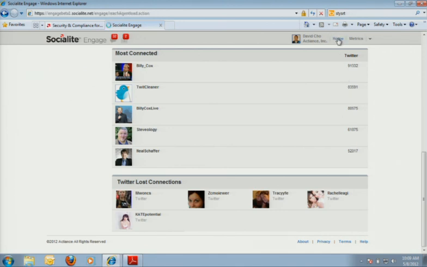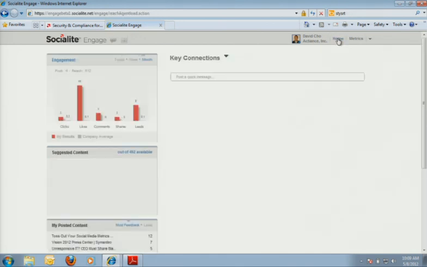Now, you've seen Socialite Engage here from the user's perspective, how we can share content, measure results, and ensure it's in line with regulatory guidelines. Imagine this from a chief marketing officer's perspective, seeing all of the results of all of the extended members of the team, from marketing to financial advisors to the distributed sales team, an aggregated list of folks sharing content that is on brand and on message.